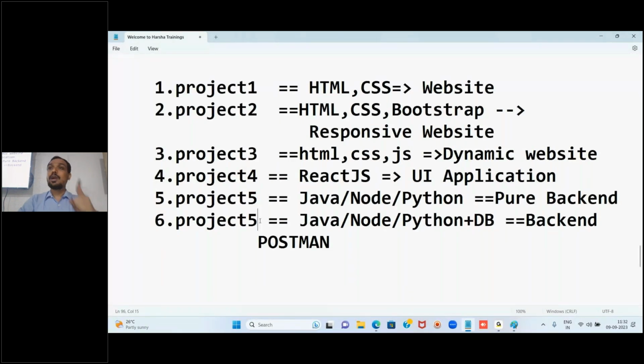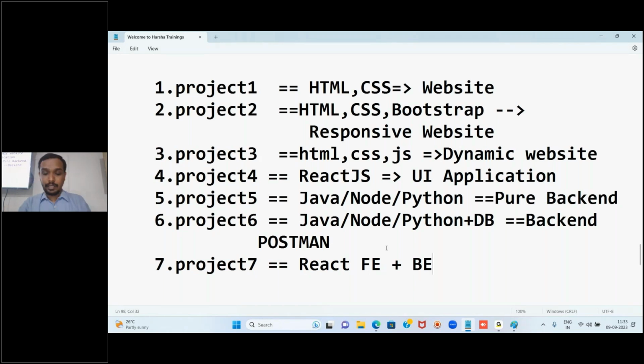Whatever project we develop in the sixth stage, like a student management application or an e-commerce application, assume we write all the backend logic for it. Next, we create a proper front end for that using React. We choose React, right? Here, for the front end, the technology or framework we are using is React. Using React, we will create one front end. That React front end will be integrated with the complete backend we created in project 6, with Node or whatever it is, on my computer or your computer, wherever it is.